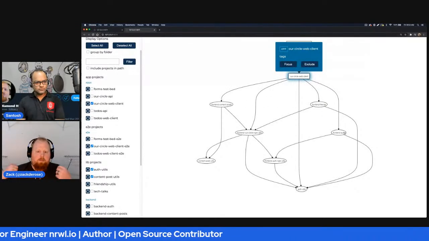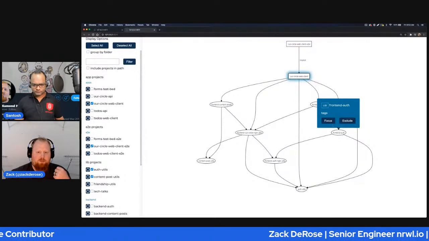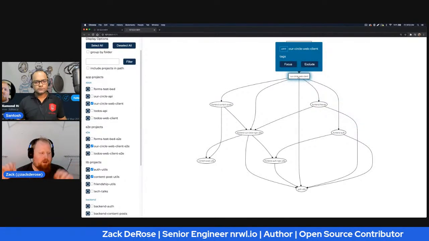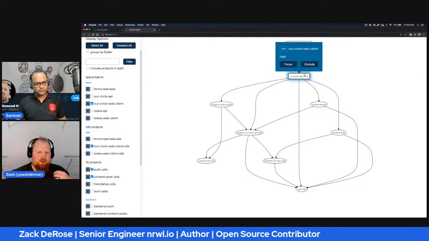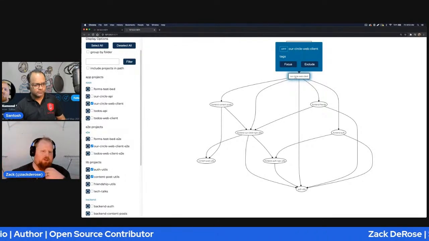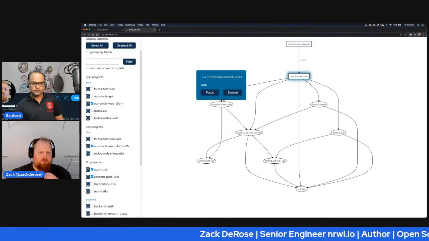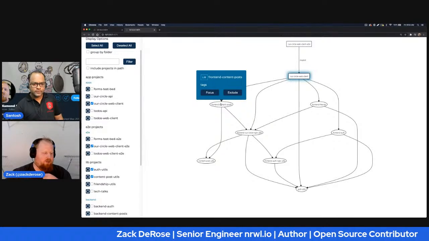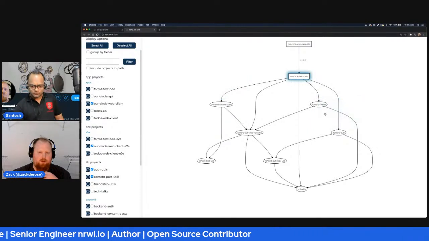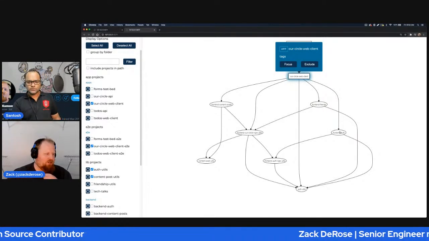If this lib were to change, because of the way Angular apps are set up by default, we have to build new bundles up here when we build this app every time something down below changes. If we could do something where this is properly buildable, we could kind of cut this out so this would have its own bundle associated with it, and then when this got changed, we'd only have to build the bundles for this app that actually changed as a result of that.